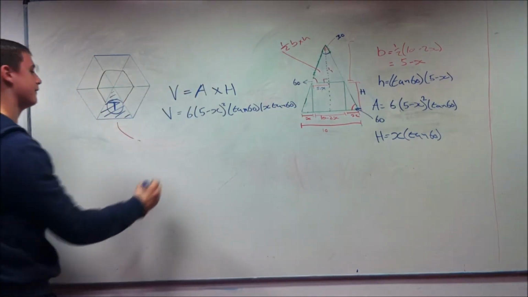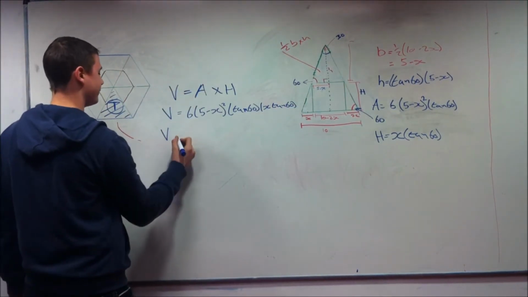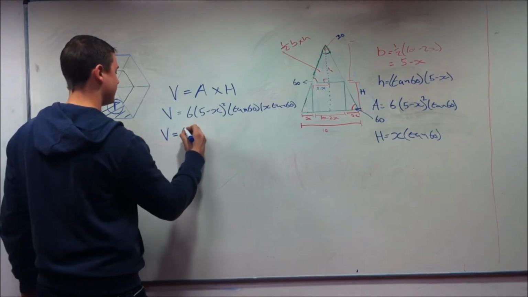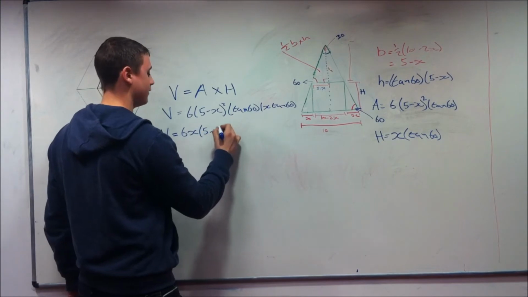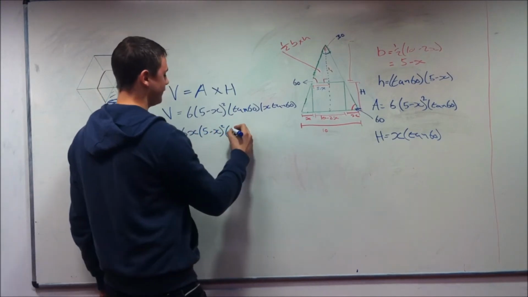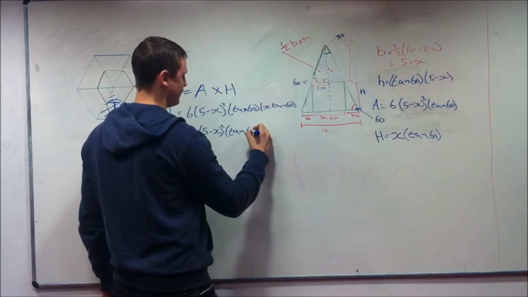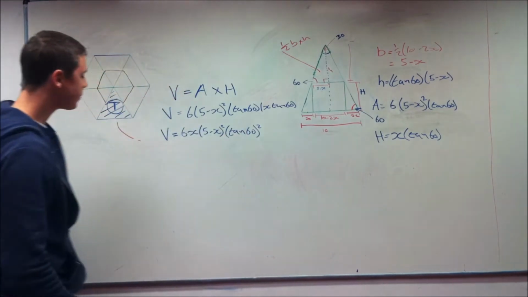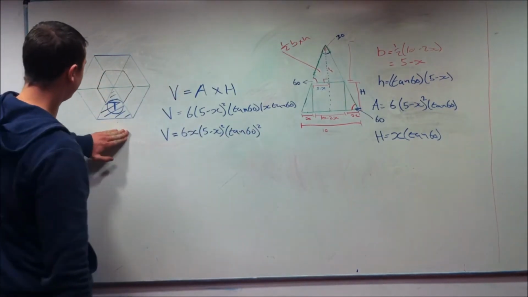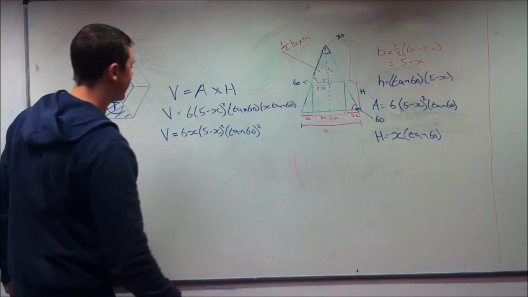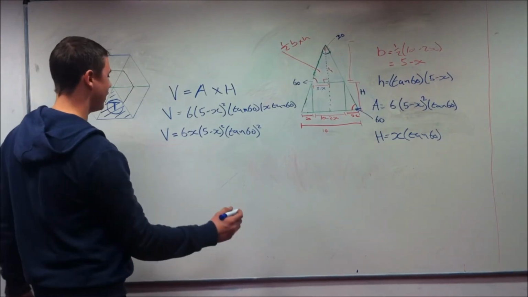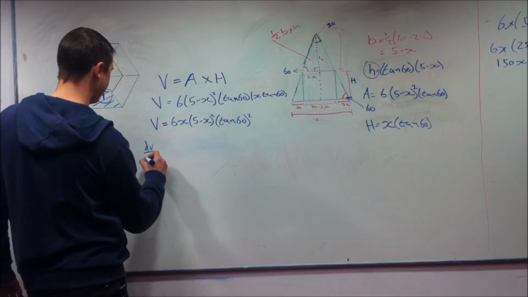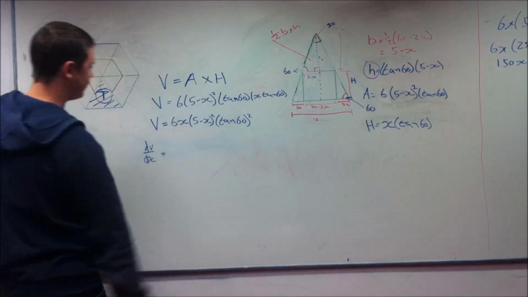So we can rewrite all this as the volume equals 6x times by 5 minus x squared times by tan 60 squared. Right, and obviously that's just the volume for it. And to work out where it's going to be a maximum, we're going to have to take the derivative of it. So dV over dx is just going to be